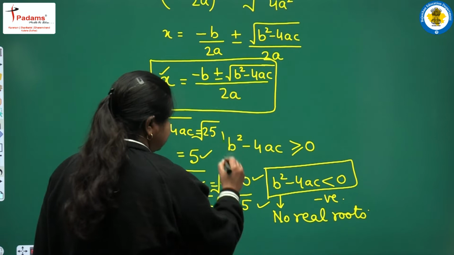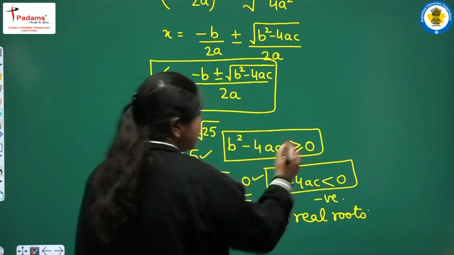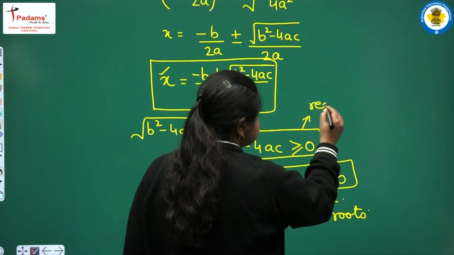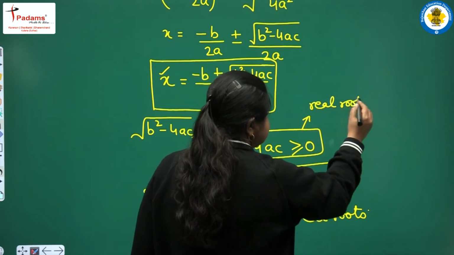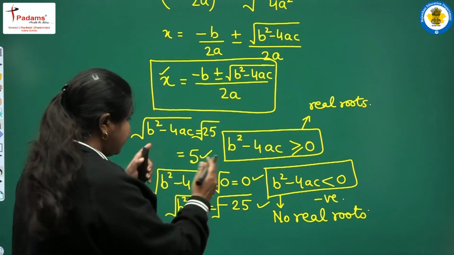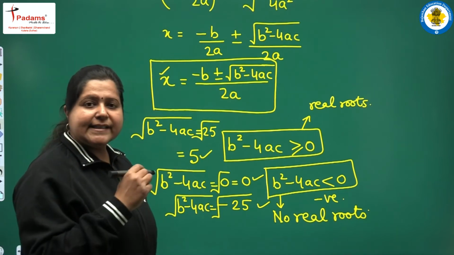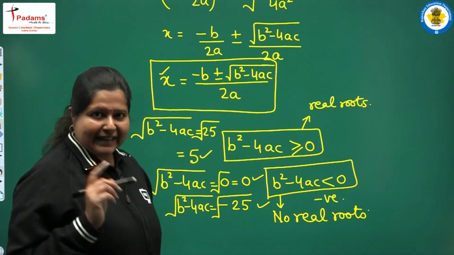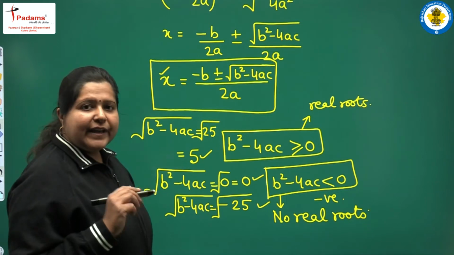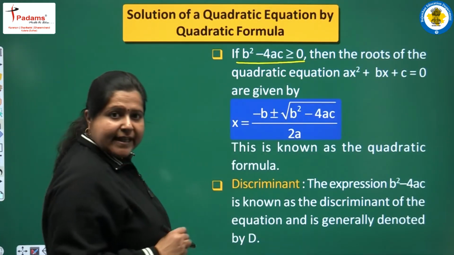And when we have b square minus 4ac greater than 0 or equal to 0, then we have real roots. क्योंकि ऐसे केस में इनका स्क्वायर रूट डिफाइन होगा और तब जब हम ये वैल्यूज़ इस एक्सप्रेशन में रखेंगे तो x की रियल वैल्यूज़ मिलेंगी और इस इक्वेशन के रियल रूट्स मिलेंगे. Getting the point here? So now we can conclude that if b square minus 4ac is greater than 0 or